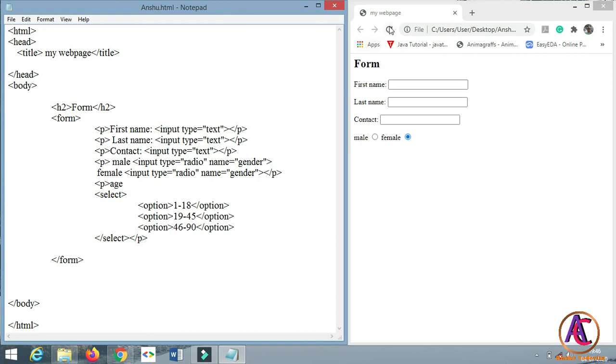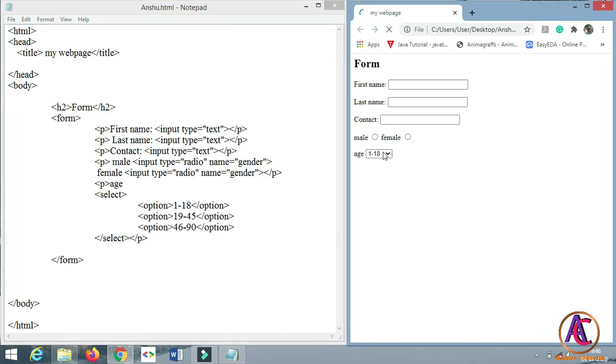You will see that the age option is created with a range in a drop down menu, so the user can select the range from the age detail.